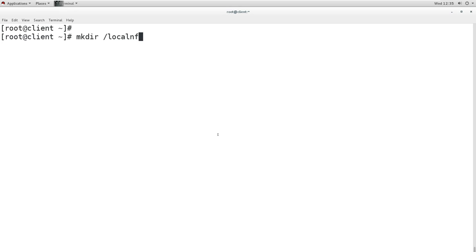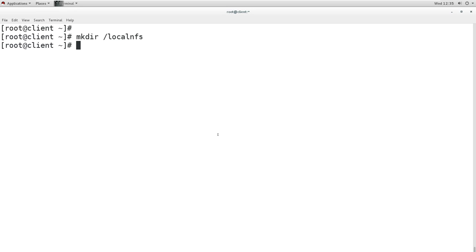Local NFS, I'm giving the name, and I'm creating it under directory slash. You can create anywhere you like. Now I'm going to mount it on this directory.